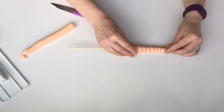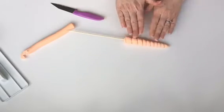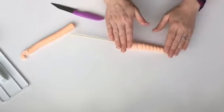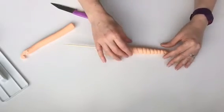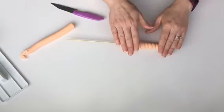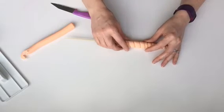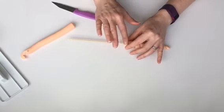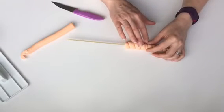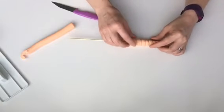Okay, so there we have a little unicorn horn with a flat bottom, and what I'm going to do is just really gently roll it on the work surface just to flatten it and bring it all together. It's still got the grooves, but it's a bit flatter. Now, as I say, I was interrupted and my fondant got a little bit dry, so you can see I've got some cracks on mine, and I'm just using my finger to smooth those out a little bit,